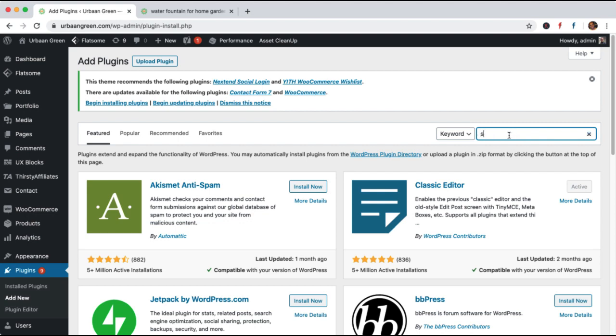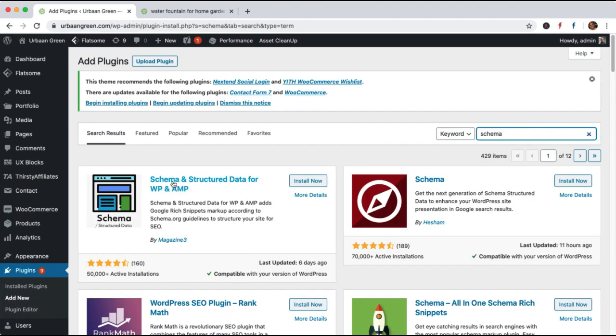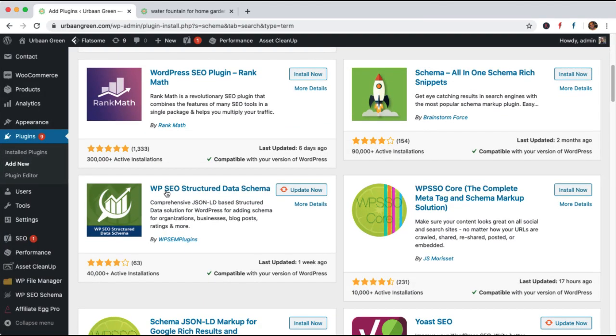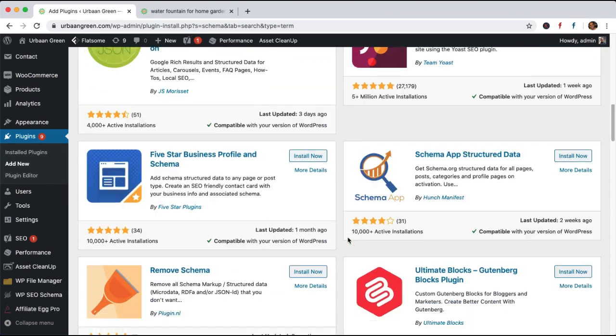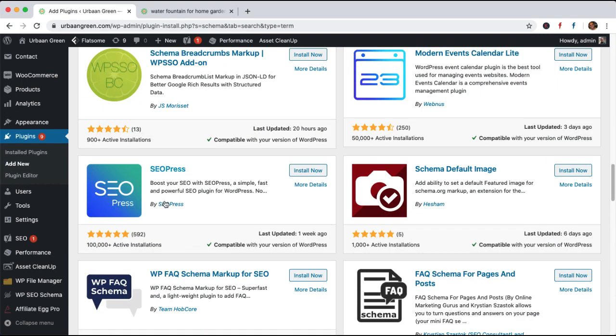Here I will type schema, just wait for this. You can see Schema and Structured Data for WP and AMP. There are so many plugins available: schema breadcrumb markup, modern events, schema default image.